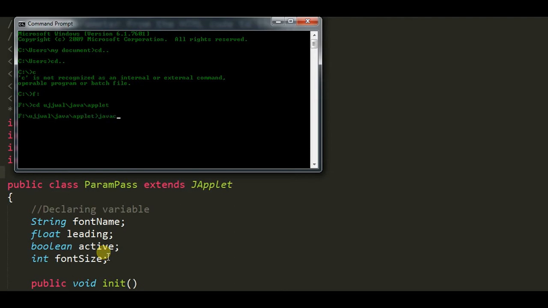Now we are going to compile our Java source code. For this we have to write javac and our file name.